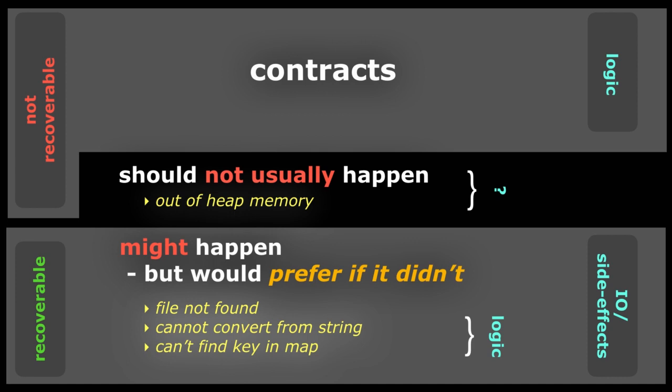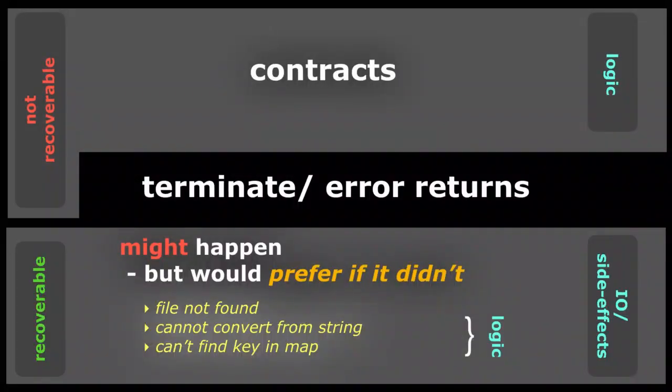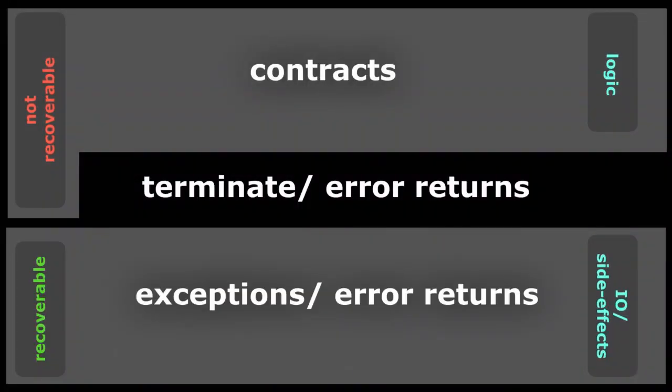At the moment in C++, we have the assert keyword, which we can approximate to doing contracts. But there is a proposal coming, I'll give you the paper in a moment, that means that contracts as a more fully formed concept are going to be in C++20, with much richer handling there. The middle category, as we've said, the proposal is that we're going to terminate if we're out of memory, which leaves the bottom category. Well, we're still left with exceptions or error returns. That's what we're going to spend most of the remainder of this talk talking about.